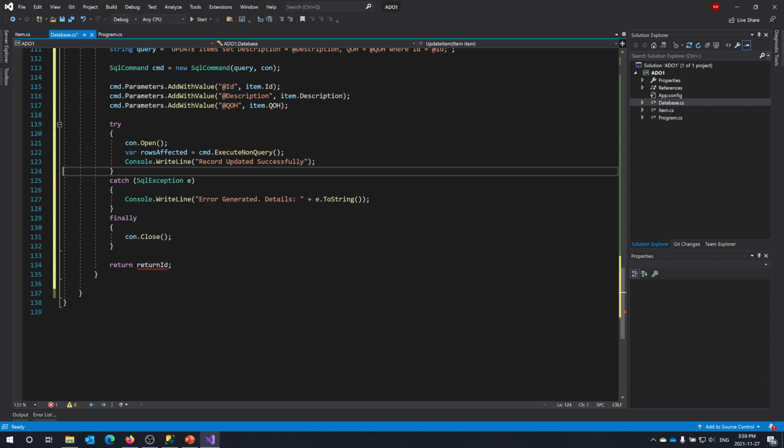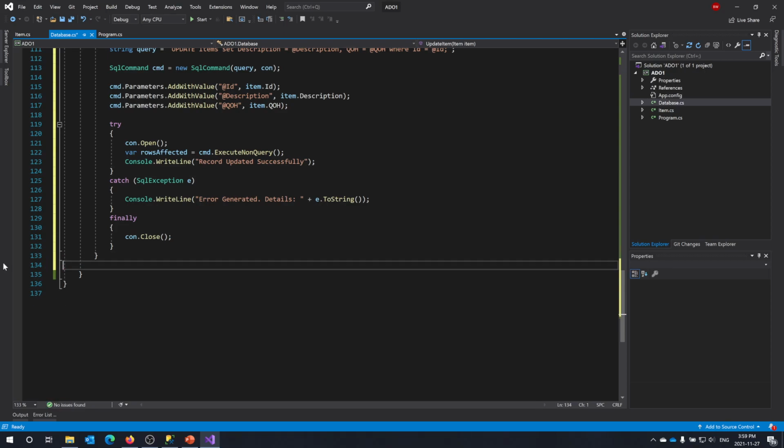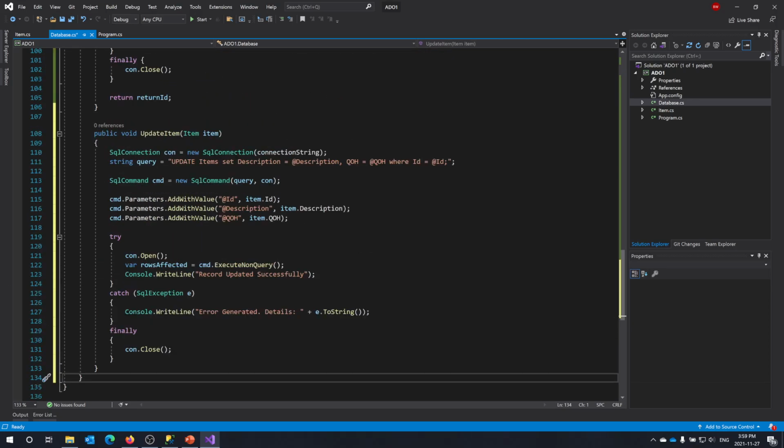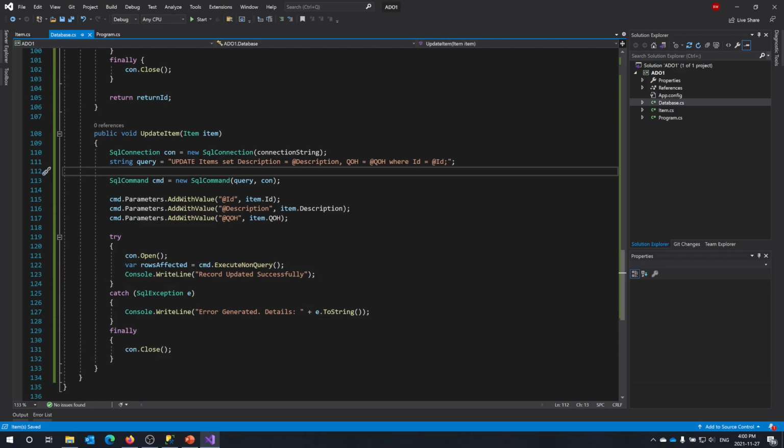We can keep this stuff here when we close, and there's nothing really to return because its return is a void. So that's an update. But you see how fast it is? Once you already have the code there, you just have to add them in. So the update's done,